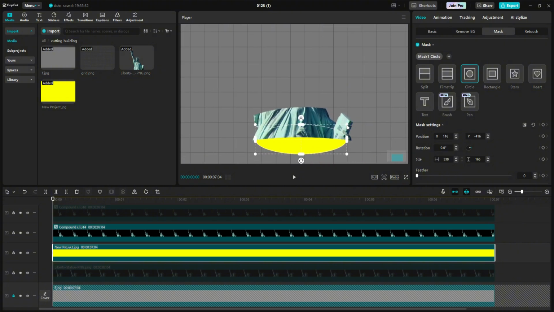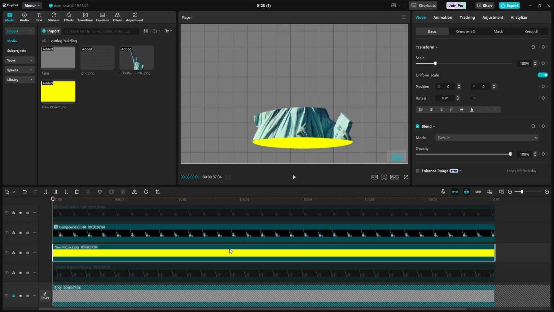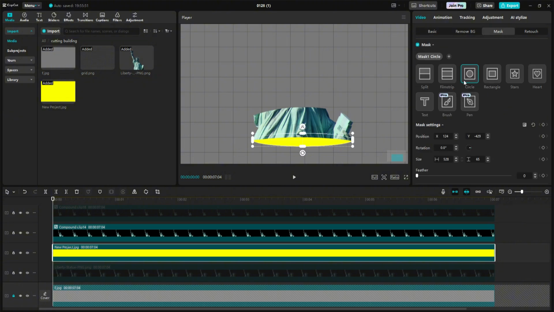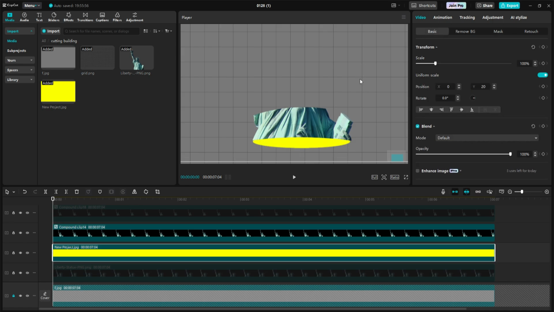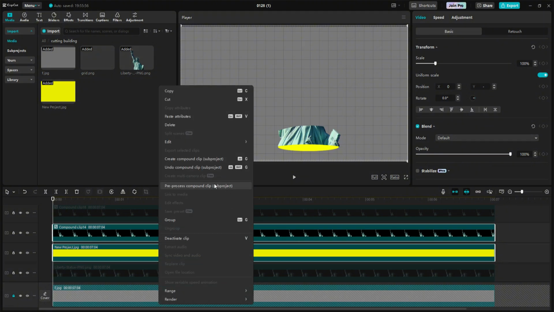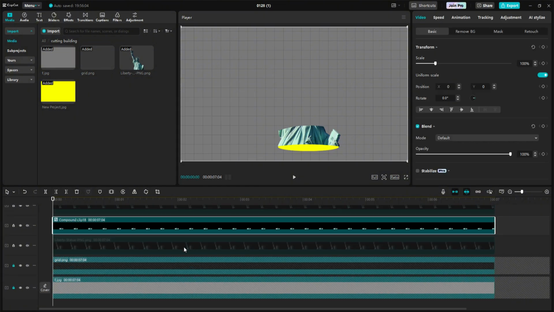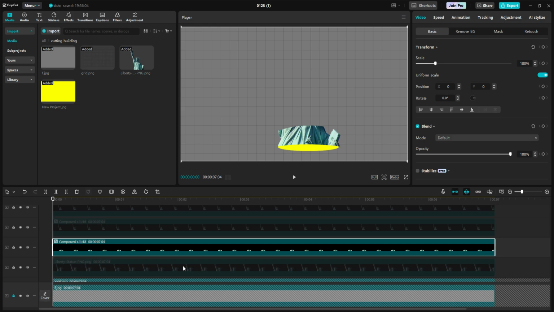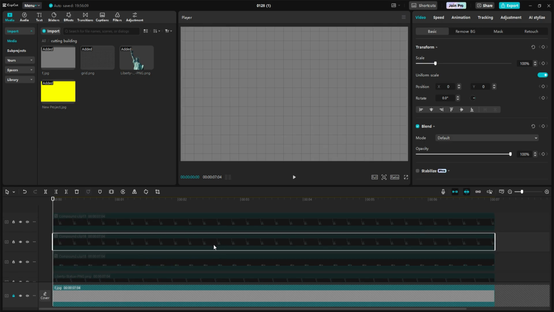Then position it to the bottom part of the statue. And now you just need to repeat the step for all the parts.